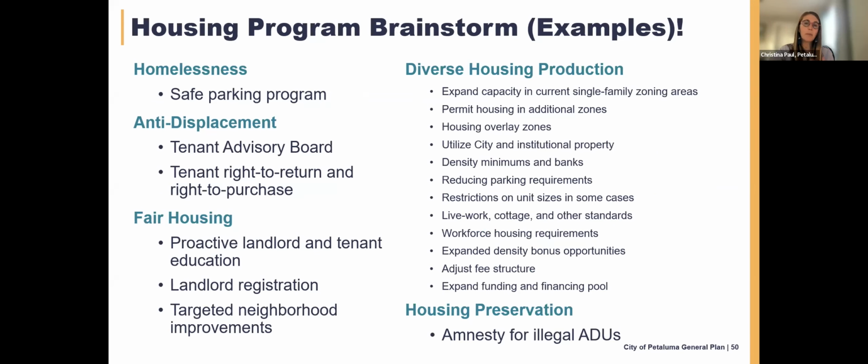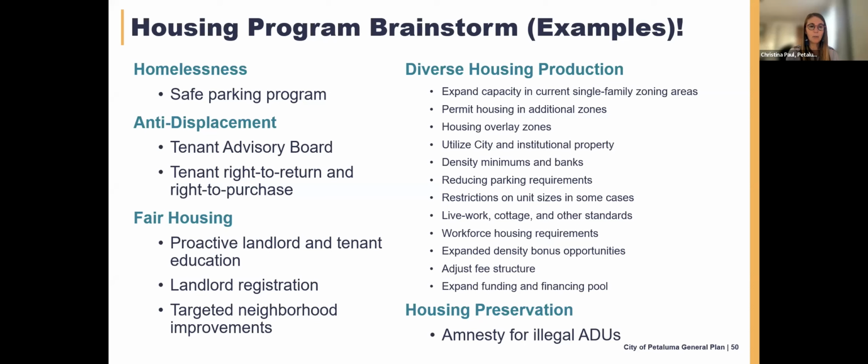And then we, as a planning team, got together, we took all the ideas that we heard from folks in outreach that we've been describing and got some great feedback from our consultants who are helping us out. And we did a brainstorm, like what could we do? What are some best practices or some really interesting things that other cities are doing? And here you have a list of those in similar buckets. And we're going to be able to talk about whether or not you think these are great ideas, whether you have other ideas, if you have any questions about how these policies might work. We're going to talk about that in our breakout rooms.